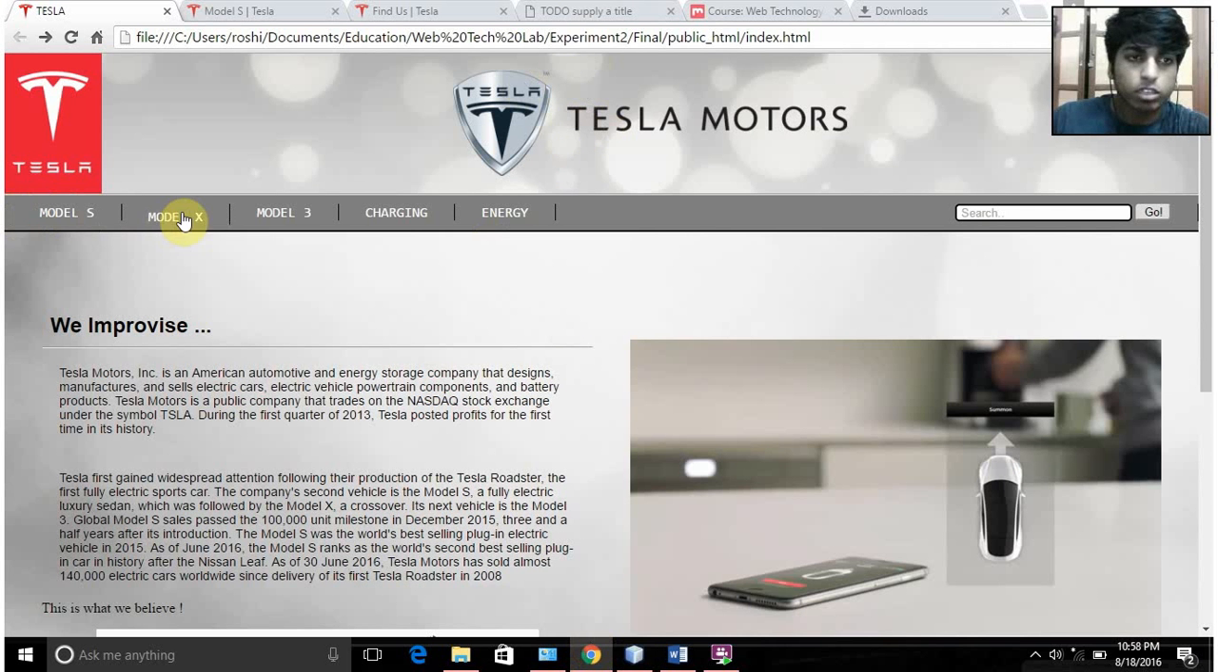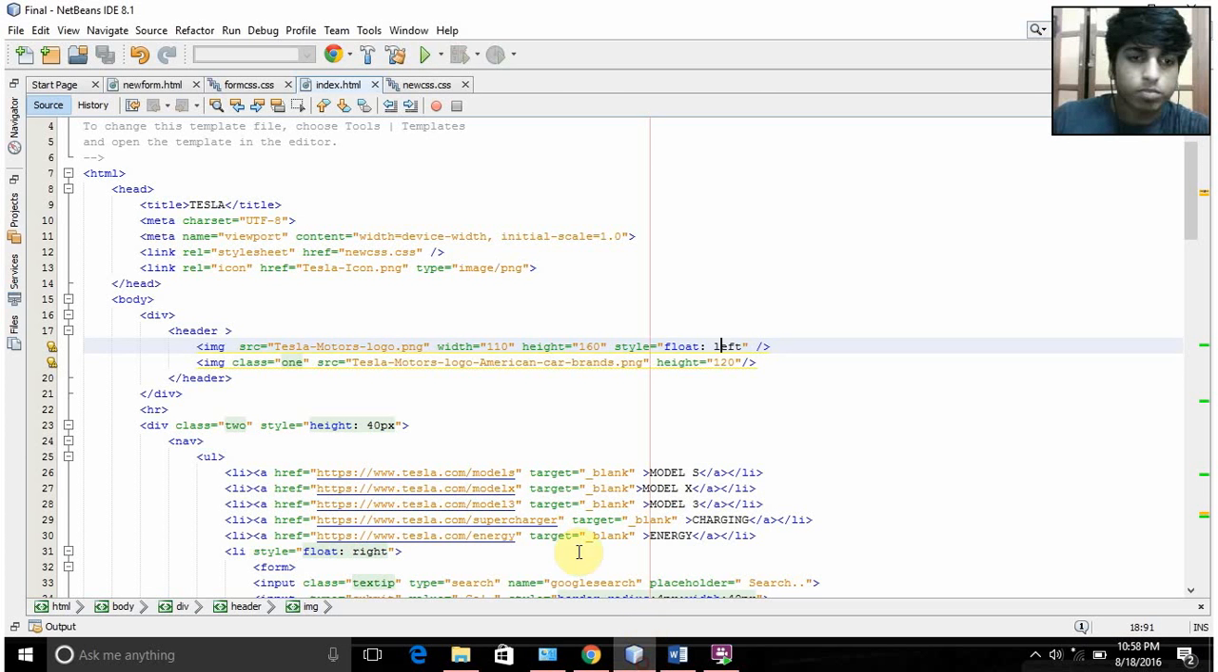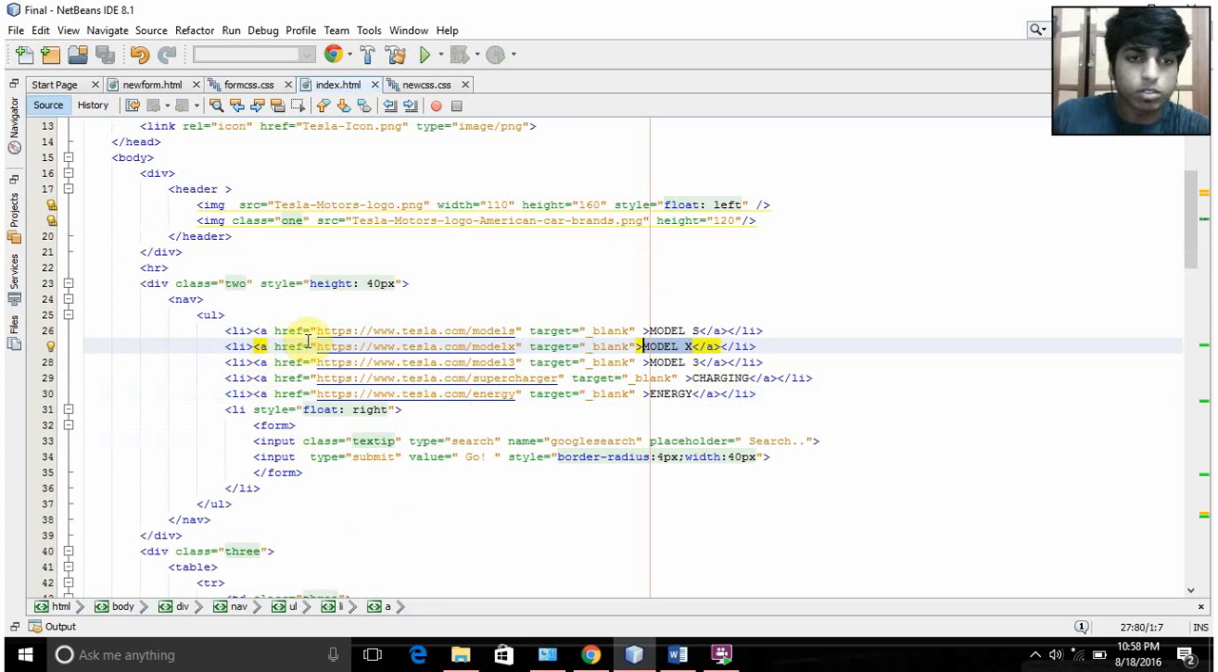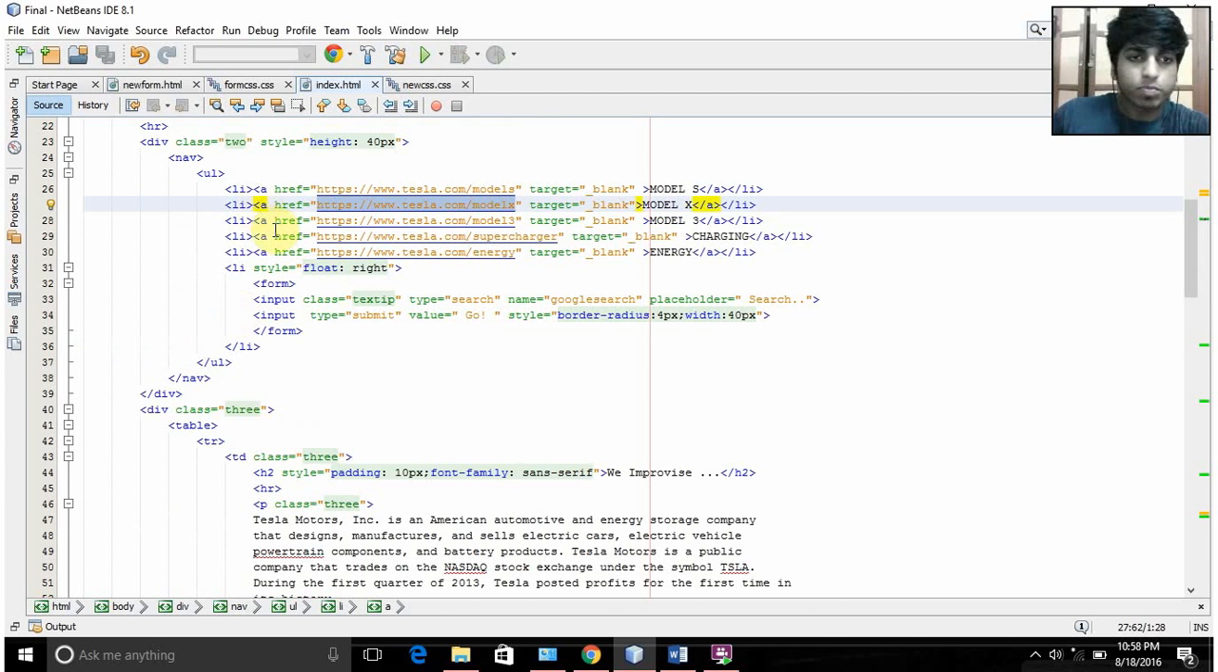The next is a navigation bar. A navigation bar is implemented as a list of hyperlinks, and what the user actually uses is this, Model S, Model X. This is inside anchor tags, and the URL corresponding to each of these list items is given as a value in the attribute called href. So this is the URL which will be directed to once we click on these navigation list links. Then after that,